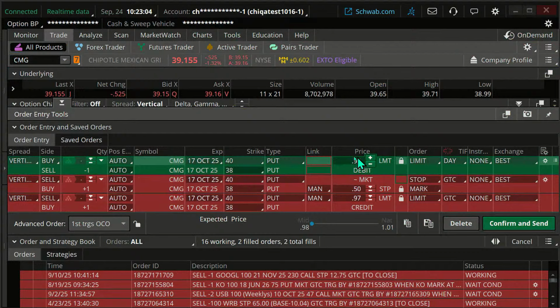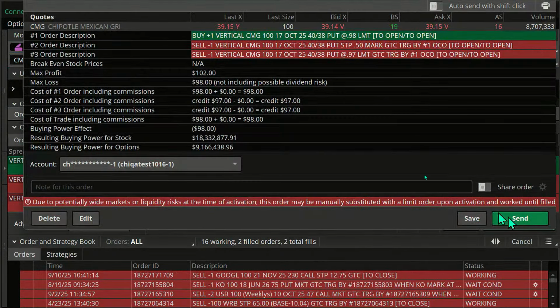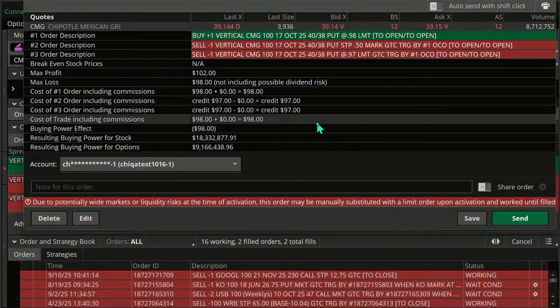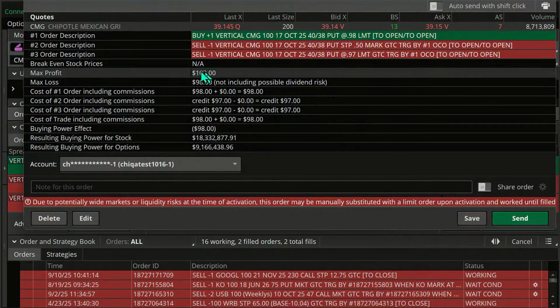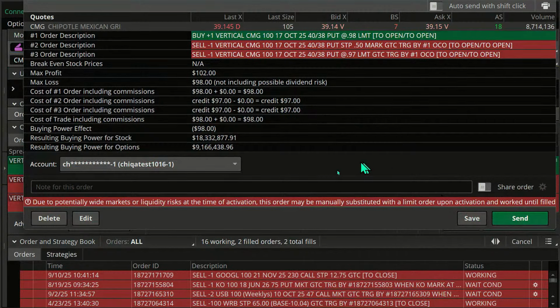But sometimes the math may not be quite as easy. That's why, rather than working out the math on that, it's just really easy to click on this part. I know there are more complicated parts of things, and I'm not saying the whole trading process is easy. I'm just saying clicking on this confirm and send button and looking here at what your max profit is, that part's pretty simple, okay? $100 is our max profit on that.